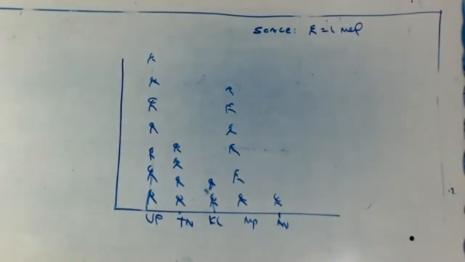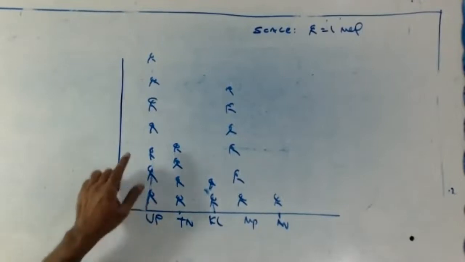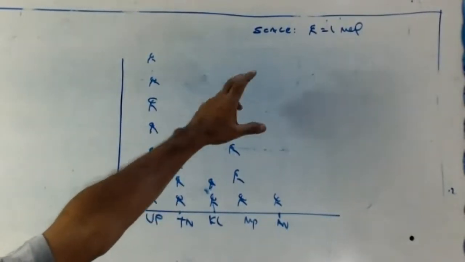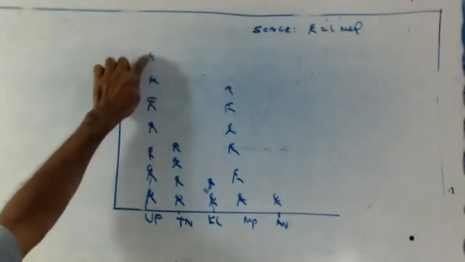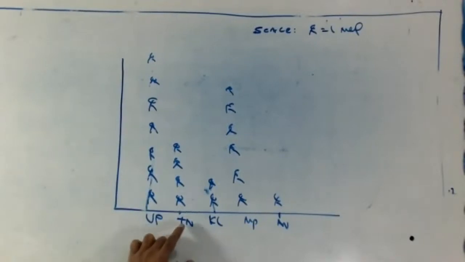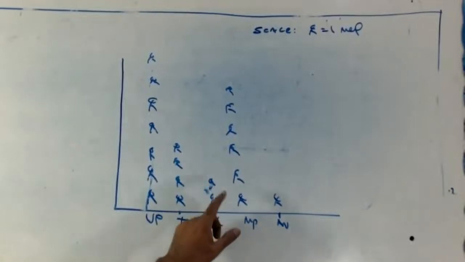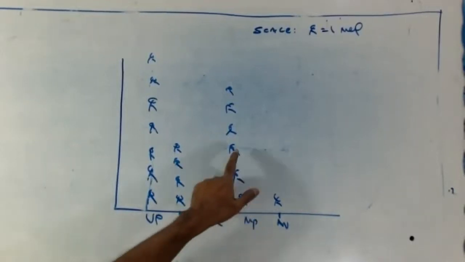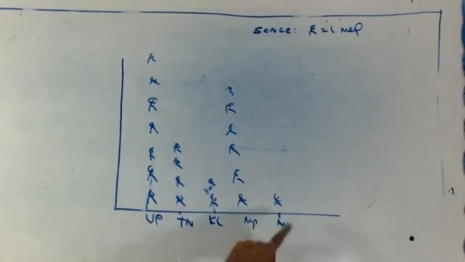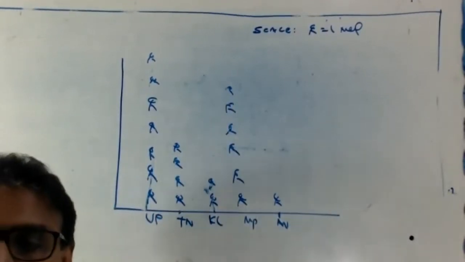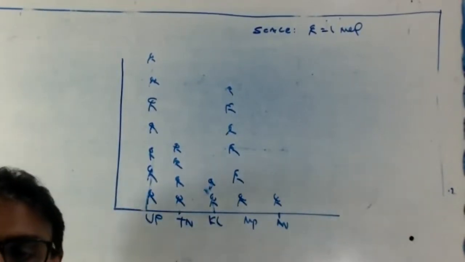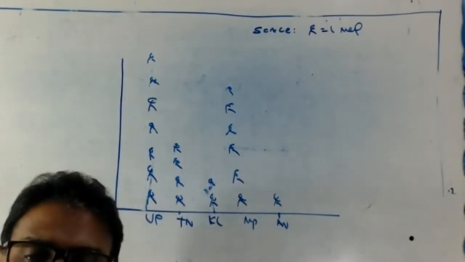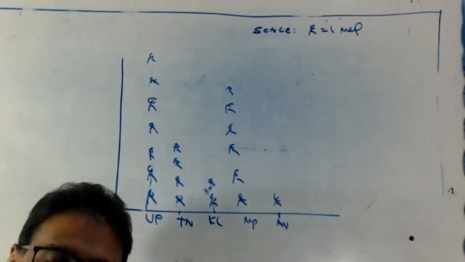Okay, now listen here. They're saying that one symbol is 1 million. So UP: 1 2 3 4 5 6 7, 7 million people. Here 1 2 3 4, that is 4 million. Kerala 1 2 3, 3 million. Madhya Pradesh 1 2 3 4 5 6, 6 million. Arunachal Pradesh only 1 million. Like that. Arunachal Pradesh is a very small place, a big state but with less population. Okay, that area, Arunachal, then what?